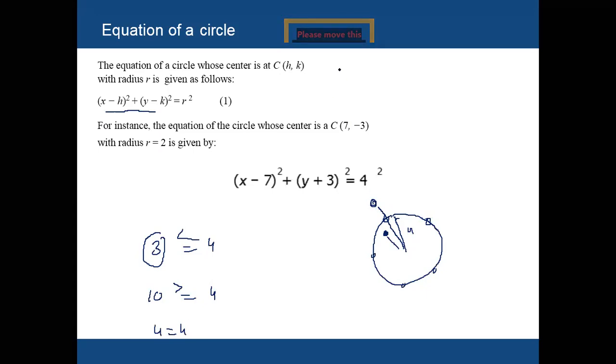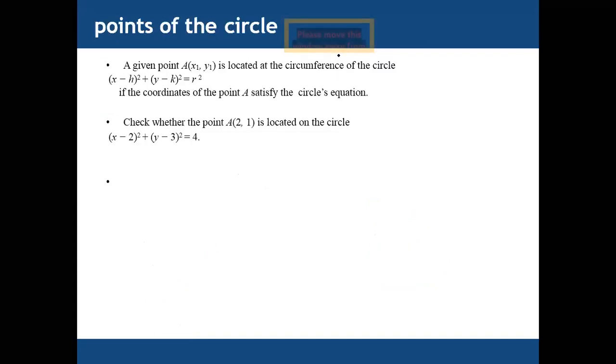Okay, great. So we have x minus h square plus y minus k whole square equal to r square, the equation of a circle. Next one, equation is given x minus 2 square plus y minus 3 square equal to 4, and points are also given, 2 and 1. Check whether these points, 2 and 1, are located on the circle, outside the circle, or inside the circle. So let's try. We have x minus 2. So replace x with 2 and y with 1.